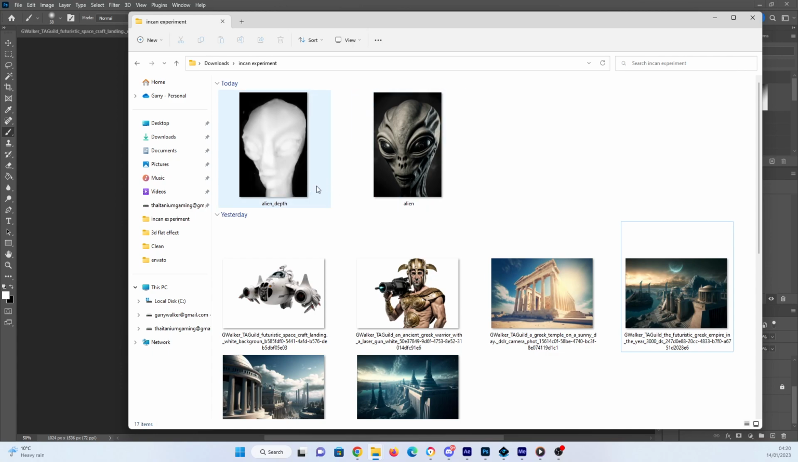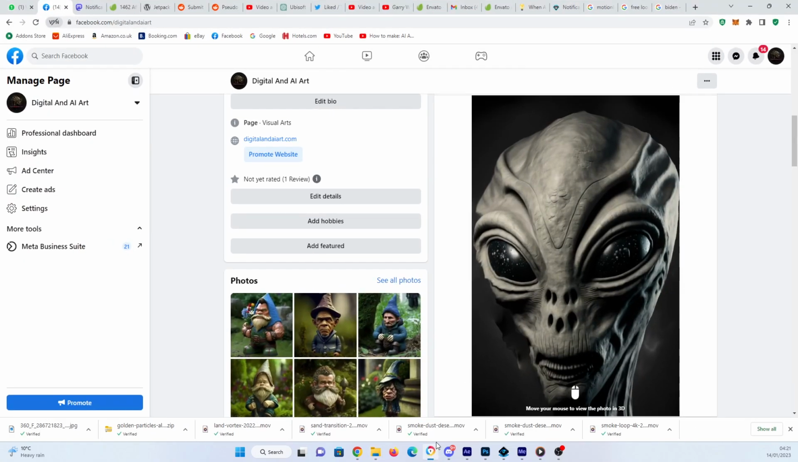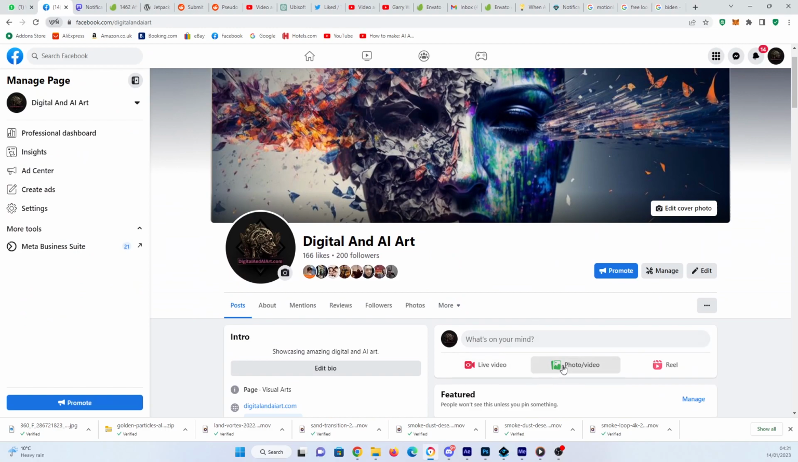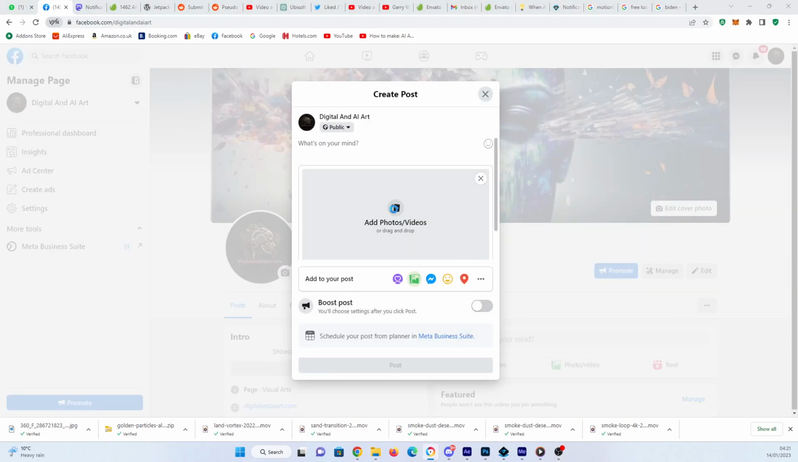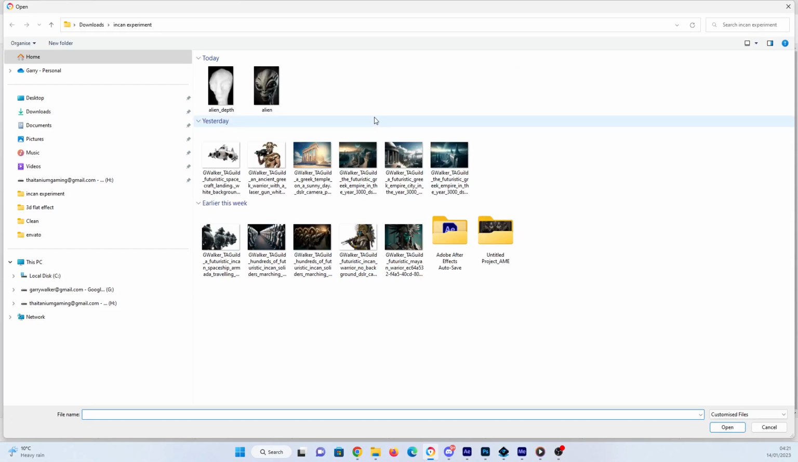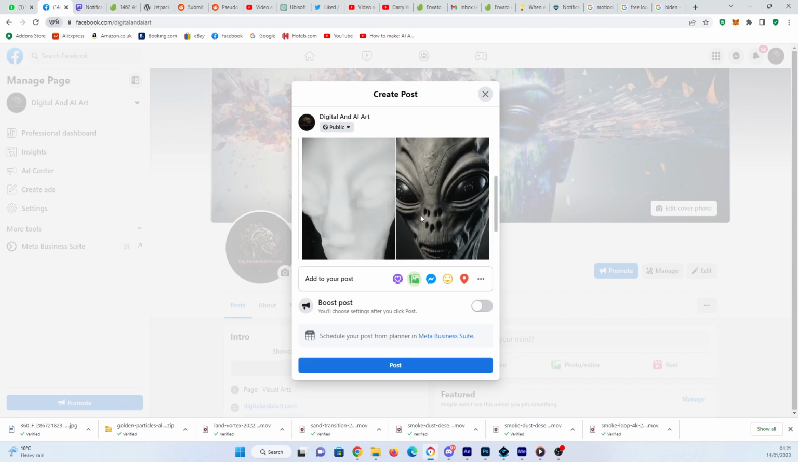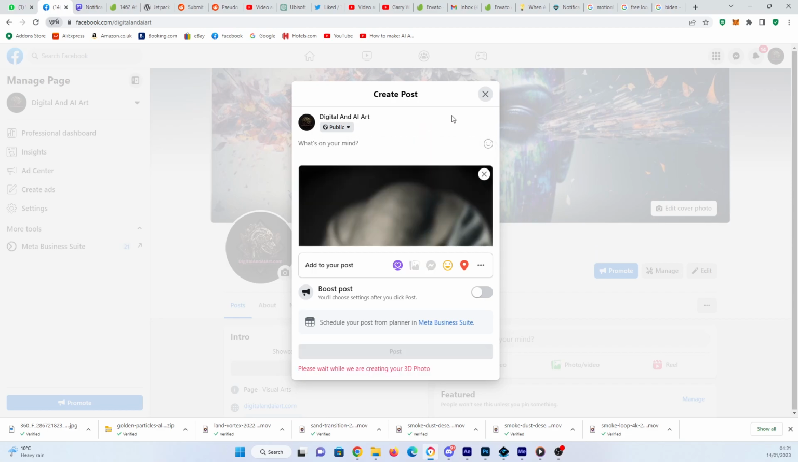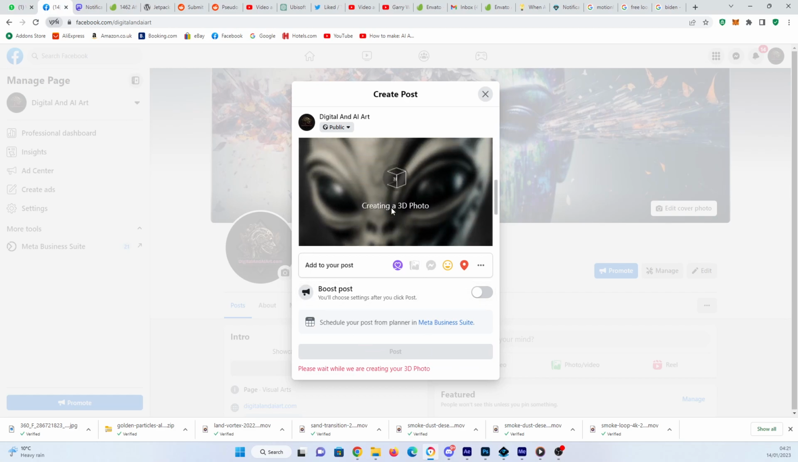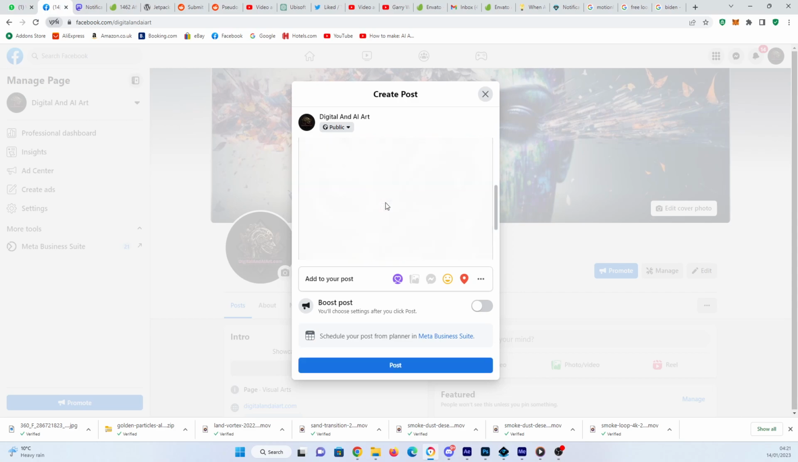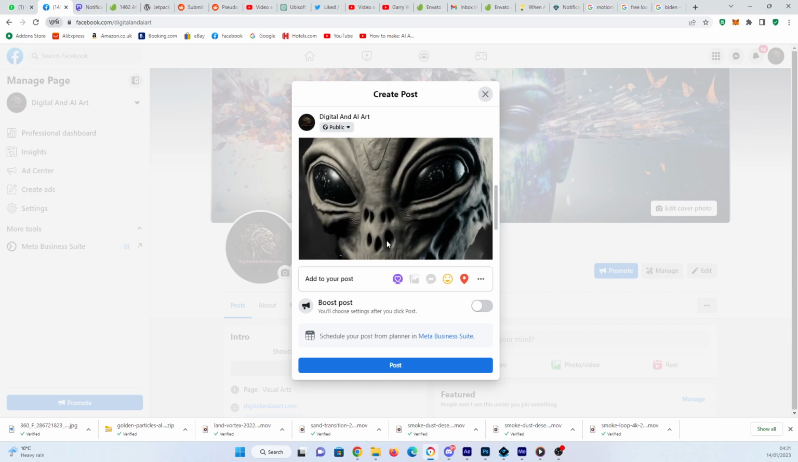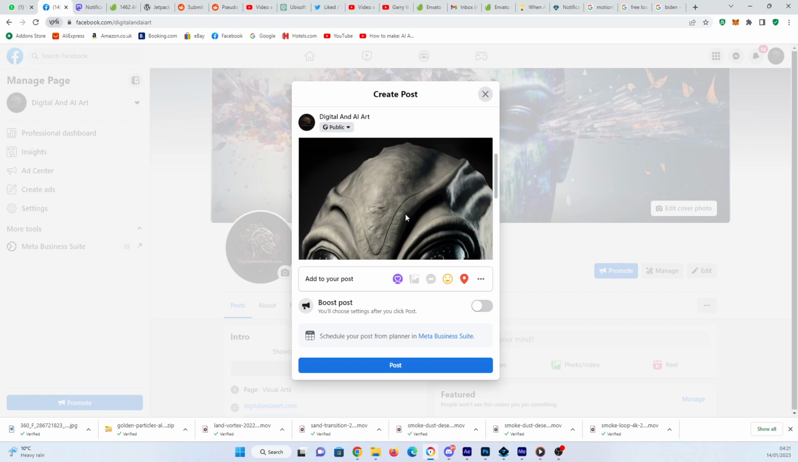And as long as you've got these two files, alien and alien underscore depth, Facebook will do the rest of the work for you. So let's go back to Facebook. Then let's click on photo, add photos, highlight our two images, load them in. Initially it will appear as two images, but give it a second. There you go, the magic starts to happen. Please wait, we are creating your 3D photo. This takes about 20 seconds. And there you go. A 3D image with no 3D skills